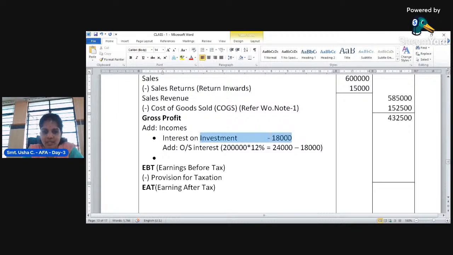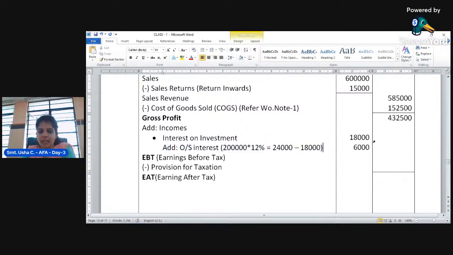So the balance amount is how much? This will be taken here in the inner column. Inner column 18,000, and the remaining amount 24,000 minus 18,000 is how much? 6,000, right? This 6,000 will be added to this investment, so that the total amount of 24,000 of interest per annum is the company's asset, that is profit. Okay, next is